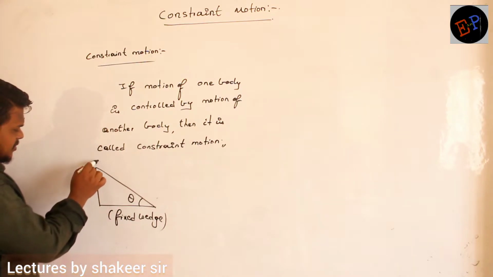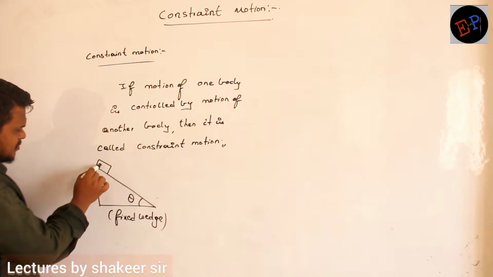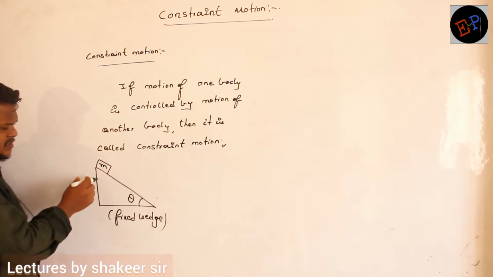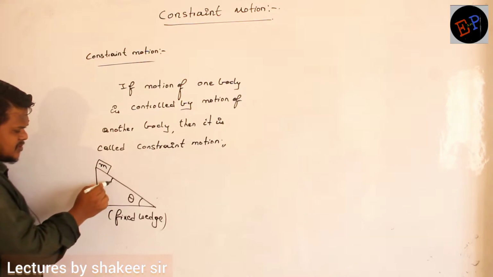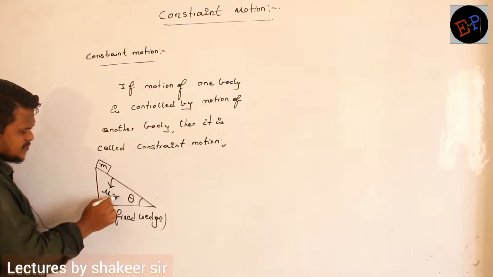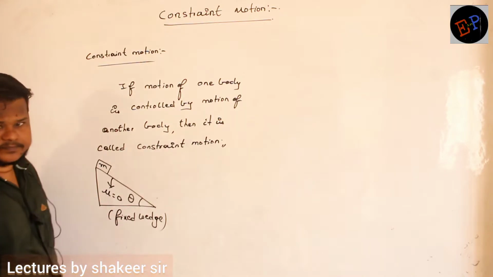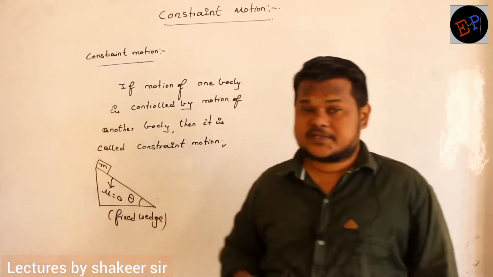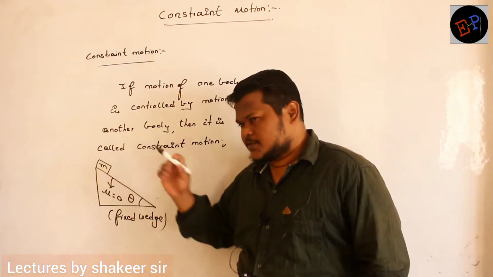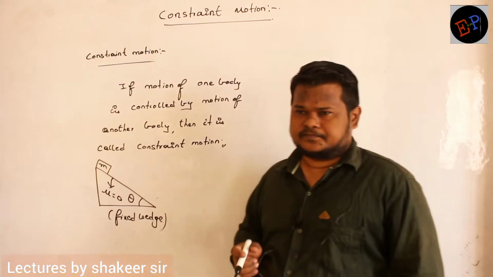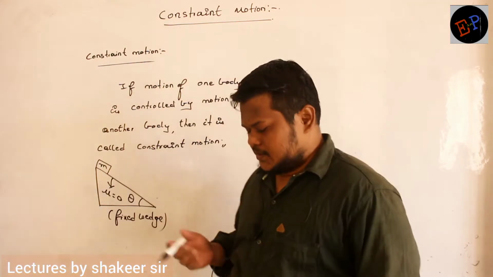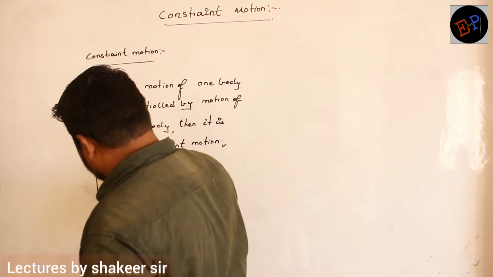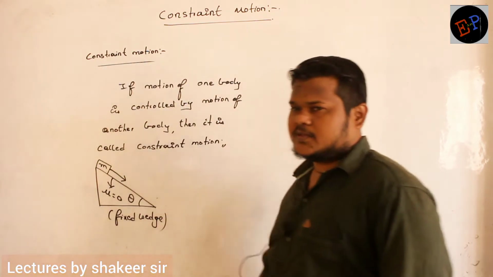Now on this wedge, if I place a body of mass m, then what will be the motion of this body? Consider this is a frictionless surface. There is no friction. Consider all surfaces are frictionless. Are you able to understand? Now can you say this body will move in which direction? Downwards. The only way it can travel is in this direction. There is no other option.